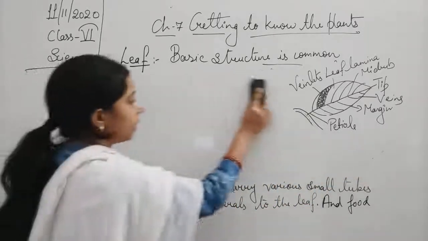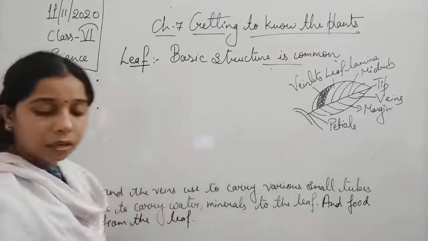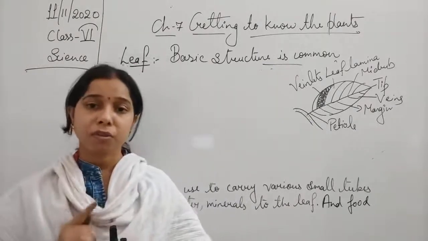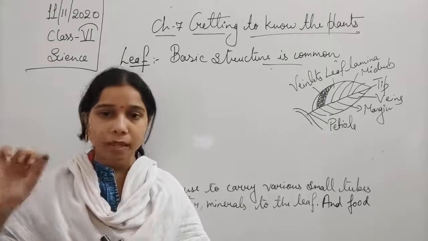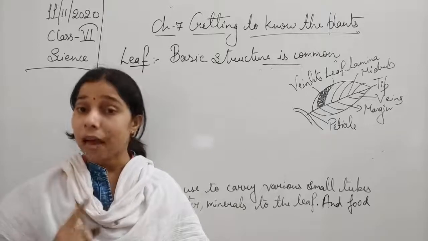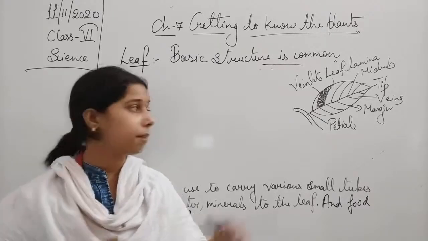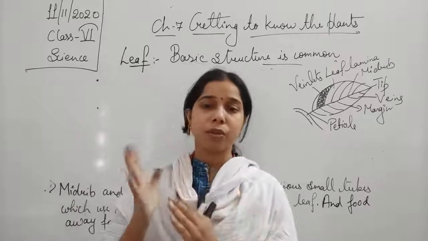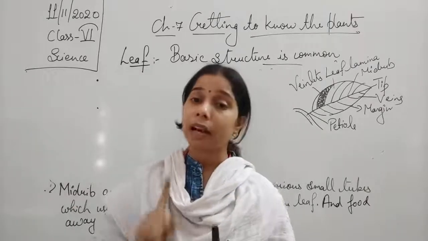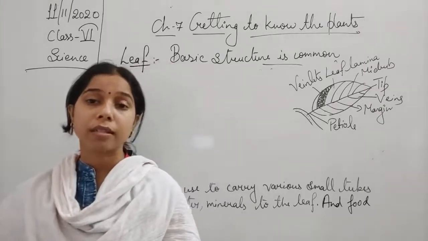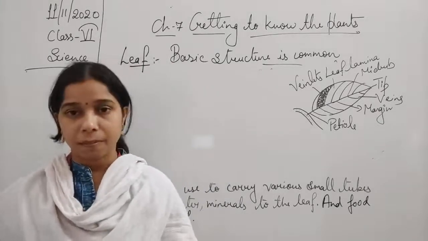So we have seen that when you pluck a leaf, students, what are the things that you observe? First of all, a stalk-like structure will be there from where you are plucking the leaf from the plant. That structure is known as a petiole. Then a green leaf is there, students, a leaf lamina is there. That is the flat, broad structure, which is also known as a leaf blade.